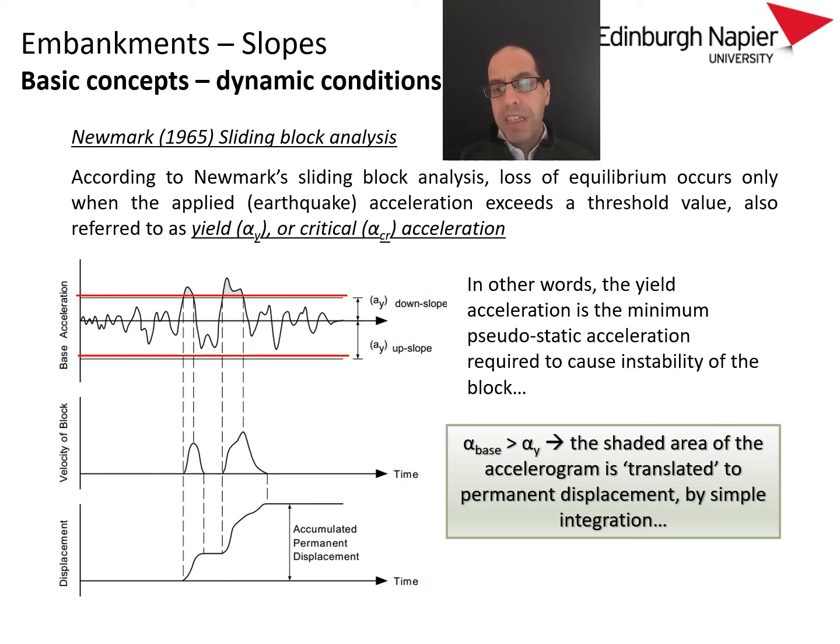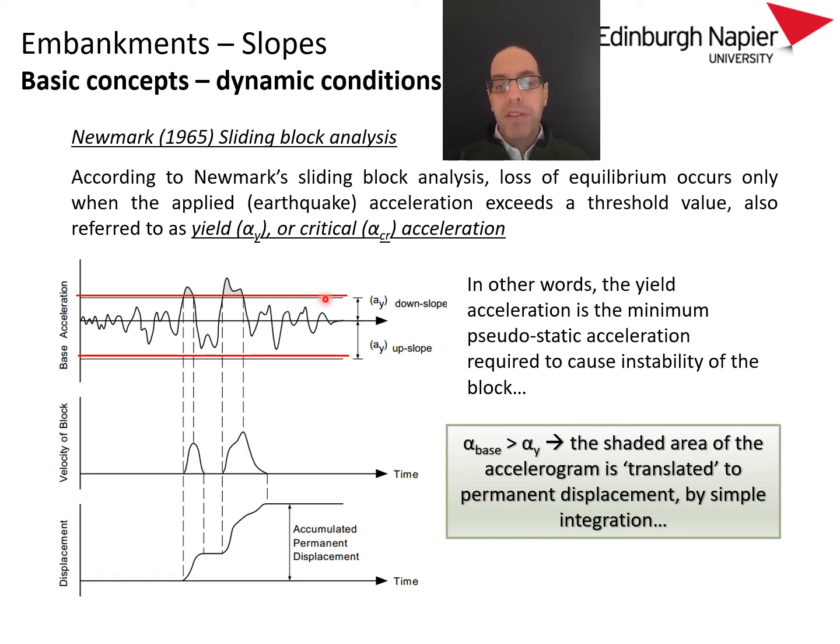In layman's terms, the yield acceleration is the minimum pseudostatic acceleration that is required to cause instability of the block. So you can assume that not all accelerations will cause permanent displacements of a slope. You have to achieve a minimum acceleration to actually make that slope